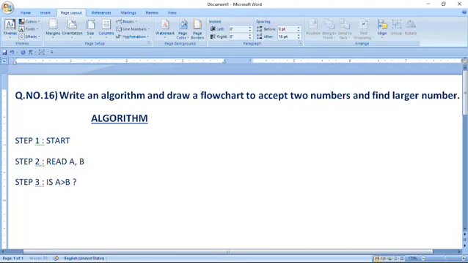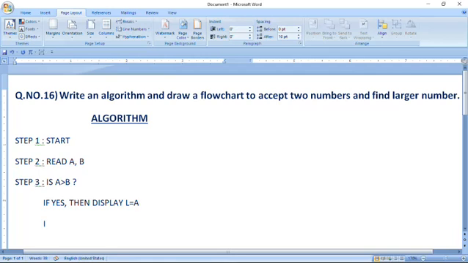If yes, then display L equal to A. L means larger number equal to A.